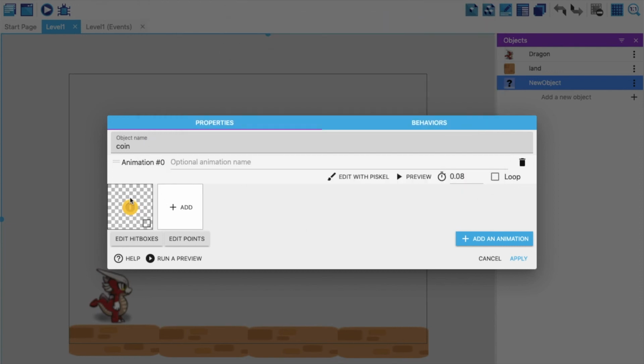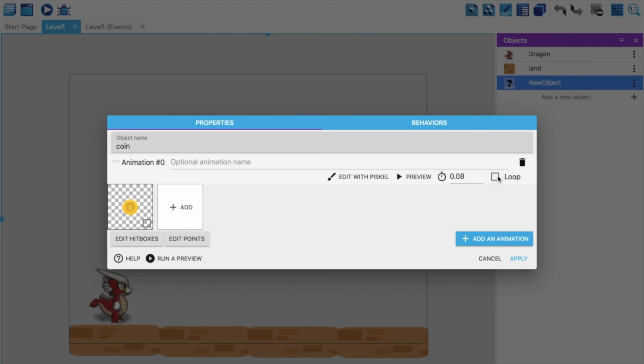Once the coin is here, it's very important, guys, that your sprites must have a transparent background. Otherwise, it will look very weird because your background color will be something else, and the background color of the sprite will overlap it and it will look really messy. So try to find cleaner, transparent-background sprites for good quality games.